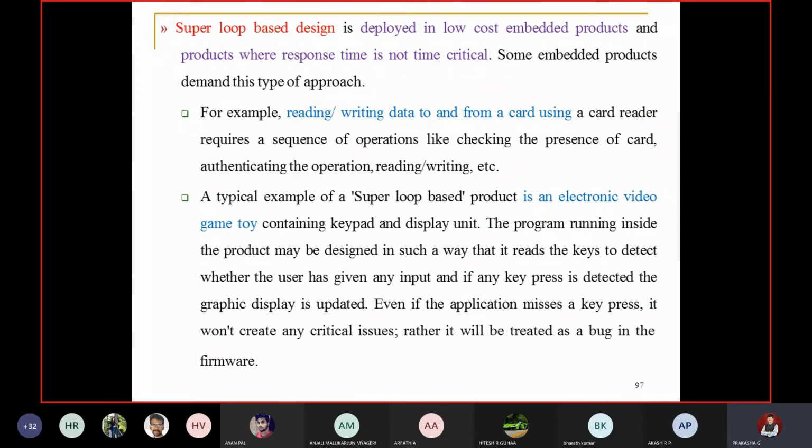So the electronic toys we have are all super loop based designs. Super loop model based embedded systems don't require any operating system to execute. Whatever electronic toys you have in your home, all are sequential, one after the other, based on the input you give.